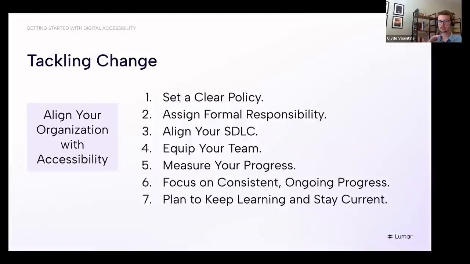It's important to keep informed and to continue to make progress. So I recommend that any organization adopting an accessibility program not only worries about the present, but also plans for how to keep themselves informed and improving going into the future. That can be, again, following some of those great organizations like WebAIM and W3C. There are industry events like Access U, which is going on right now. That's a very popular accessibility conference.